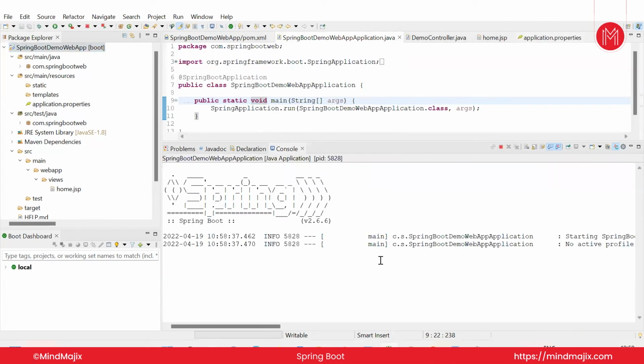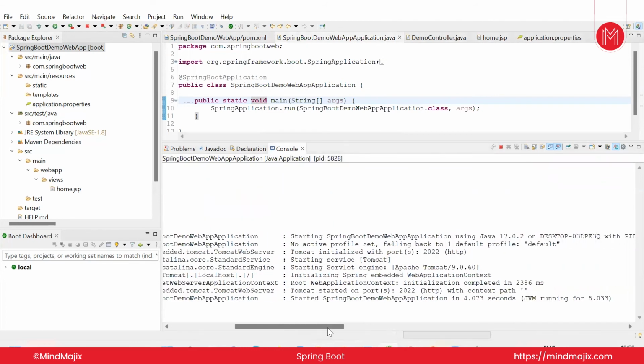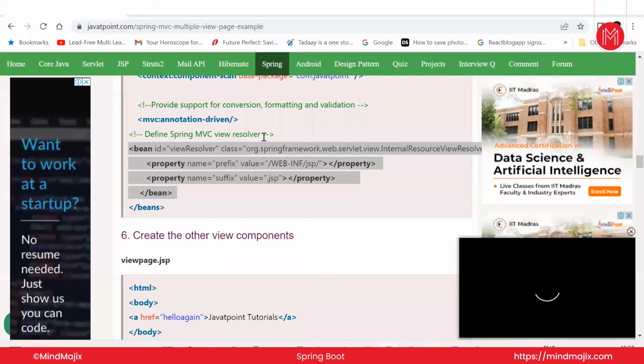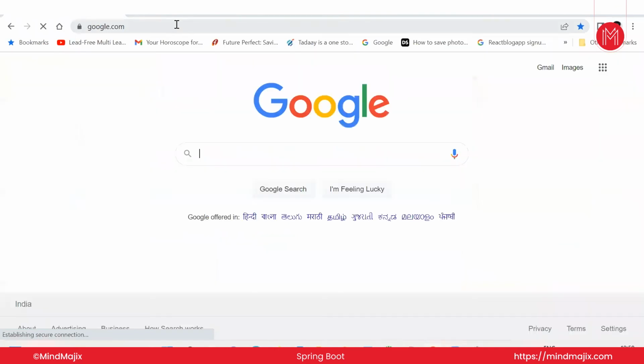So it is going to start the Tomcat server with the port number 2022. Can you please observe this message? Tomcat started on port number 2022. Now I'm just trying to open one simple browser, and here I'm trying to type